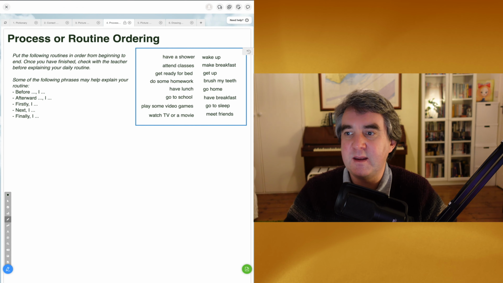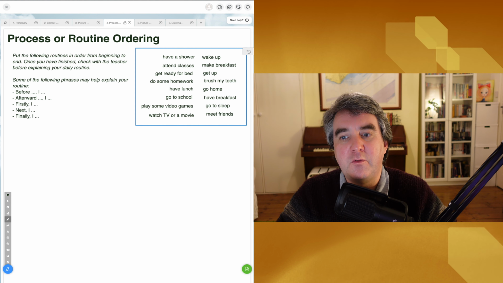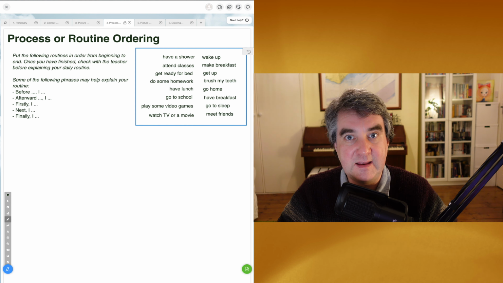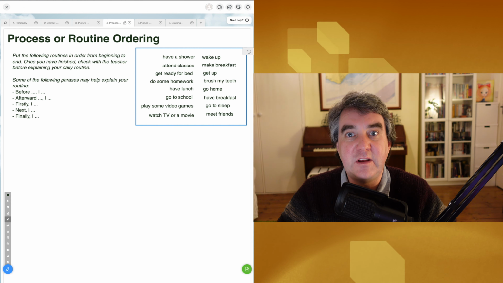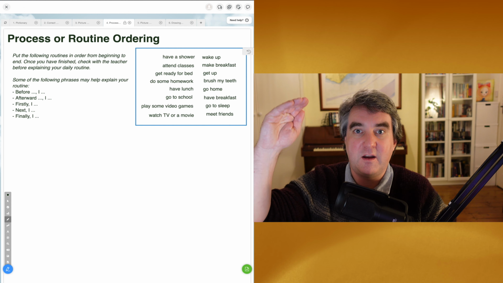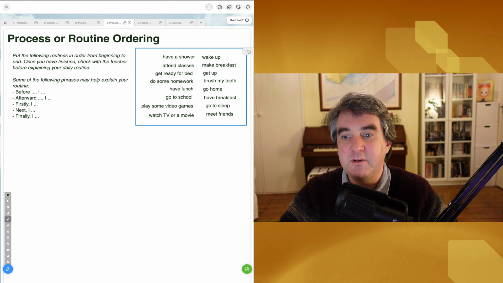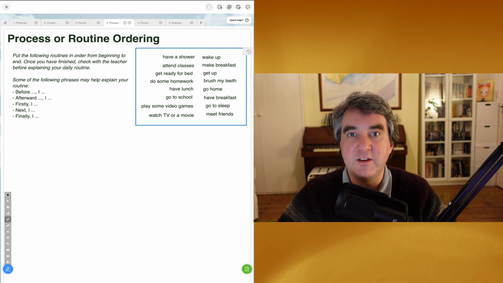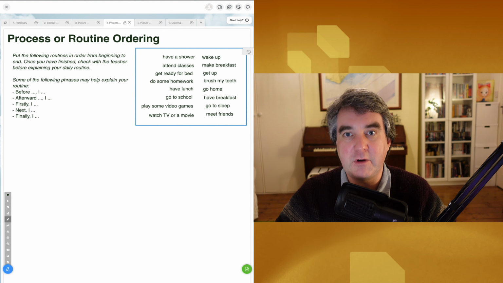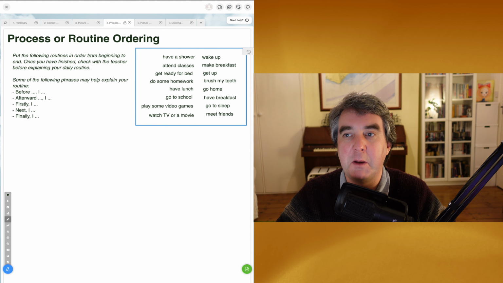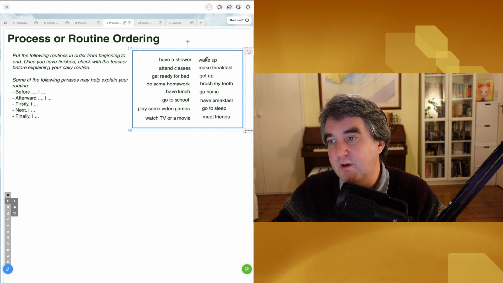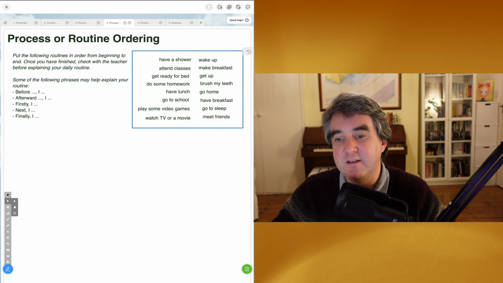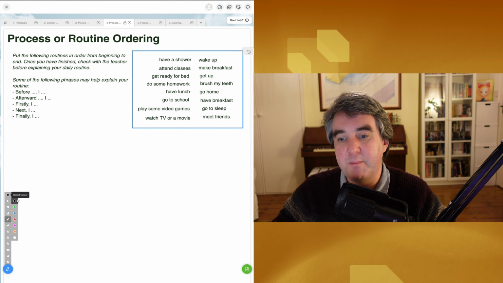The fourth activity that I would recommend for an online whiteboard is a routine or a process ordering activity. As you can see on my whiteboard here, I've got a variety of different routines, and the students need to put them in order from start to finish. As you can see, I've offered some functional phrases that students could use to describe the routine once they've finished ordering. So students decide right at the beginning which one is correct, and you could say, okay, well, wake up